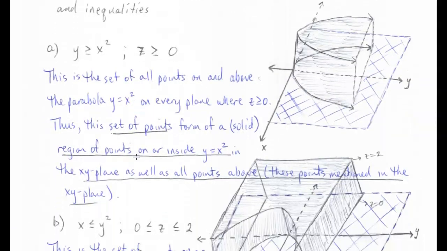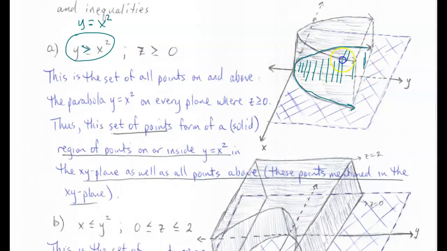So first thing that we see is that we have this inequality here, and we know that y is equal to x squared. That is just a parabola. Okay, so that would be this graph right here when y is equal to x squared. Now, the greater than part comes into play because if we want all the points that are above the parabola, that would be all of these points down here laying on the ground, so to speak. Okay,